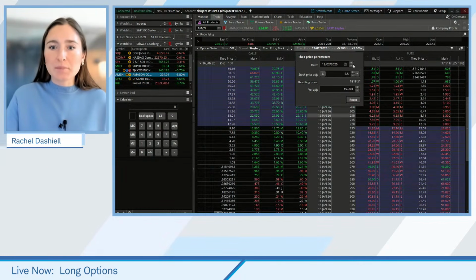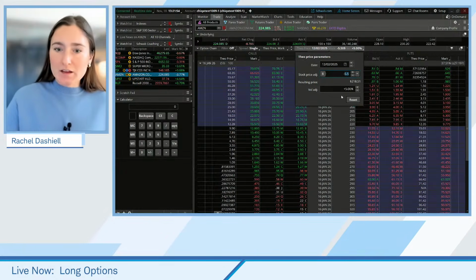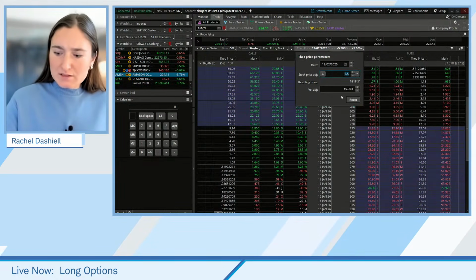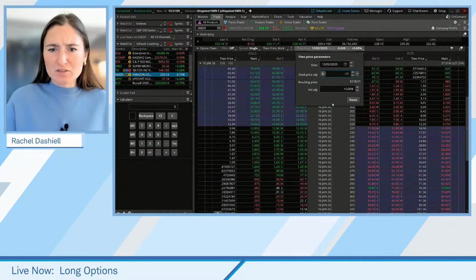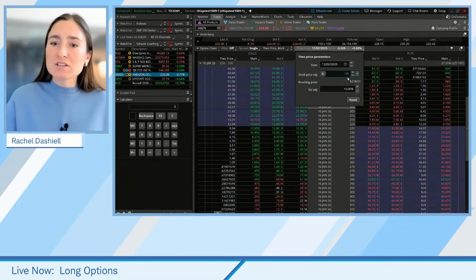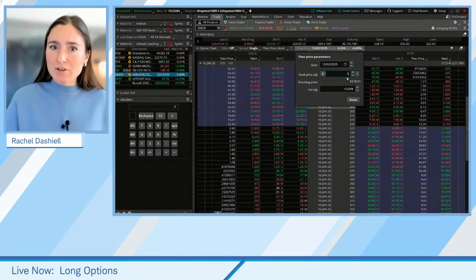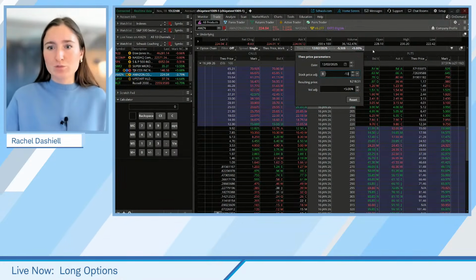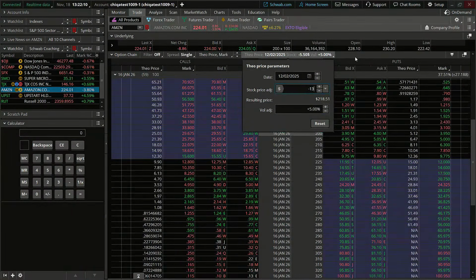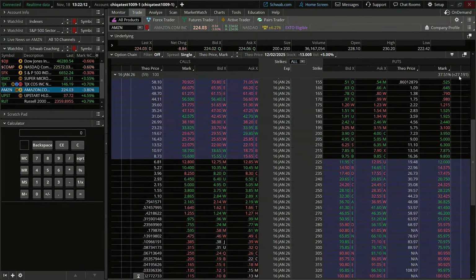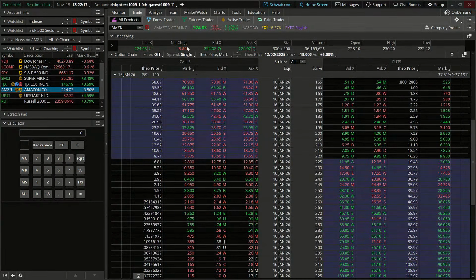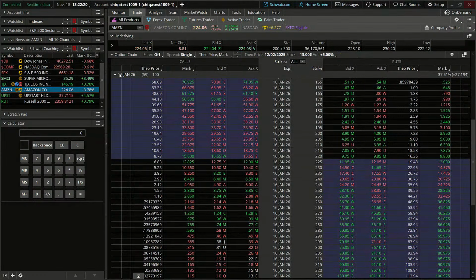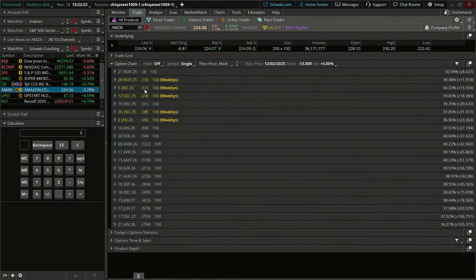So if we look at December 2nd, and we're looking at a down move of, what was it? Was it $11 or $13? Oh, it was $13. That's right, because we said 211 was the support. So let's just say we're looking at a $13 move in a matter of 2 weeks, which honestly is not out of the question, because if we look at the net change today, obviously we're seeing a bit of a move.